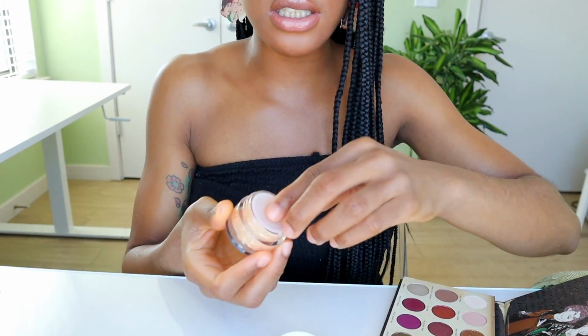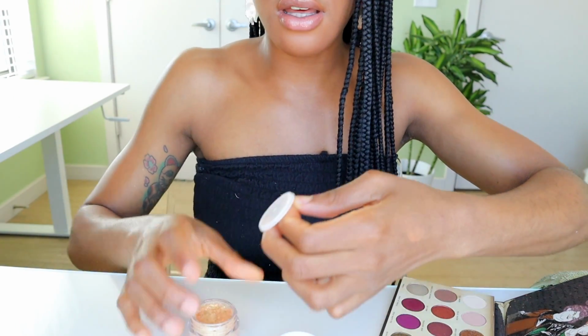Alright guys, so that is it for the swatches. Colourpop, you guys definitely recovered. This palette is beautiful. We are about to jump into the eyeshadow look. But no, I forgot to also swatch this glitter gel, so let's go ahead and do that now. So I forgot to swatch the glitter gel pod. I already know that it's gonna be pretty just because,